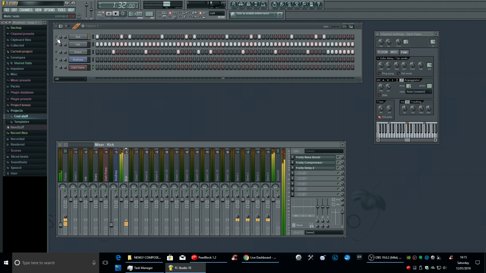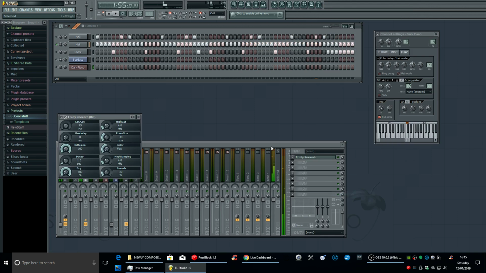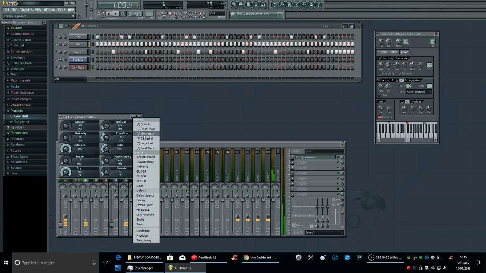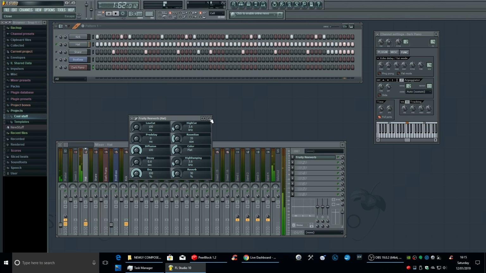Right, so now we need to untick that one, solo that one, and we'll give that some reverb. And we'll put it in drum room. Yeah.